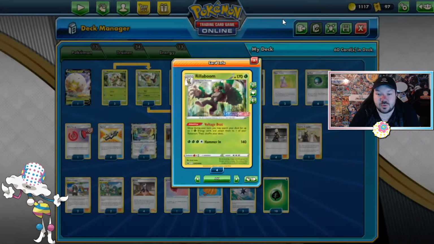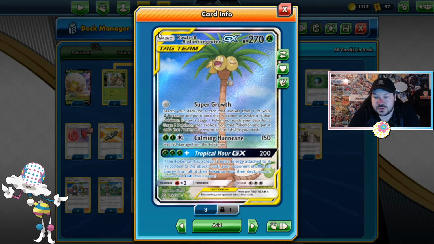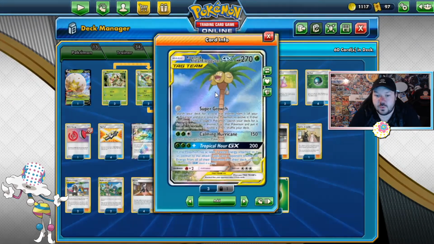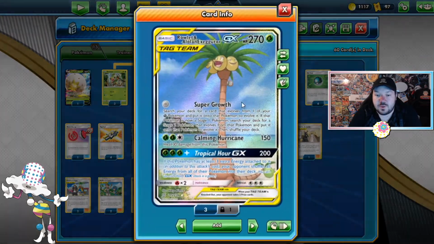How do we get this Rillaboom out? We get it with Rowlet and Alolan Exeggutor. So you search your deck for a card that evolves from one of your Pokemon that's grass type, and then you evolve it, and if you turn it into a Stage 1, you can search your deck for a Stage 2 Pokemon that evolves from that Pokemon. So turn 1, we want to use Super Growth, power up a Rillaboom, and then we want to start attacking